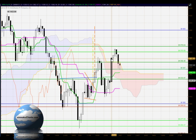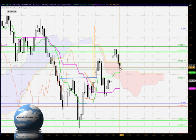We saw the bullish breakout above the cloud previously about a week or so ago. Then the market retraced back towards the cloud and found support within the cloud, which is not unusual for Ichimoku, and a very strong likelihood that the market will bounce off this area. If the market does continue trending down, obviously 1347 having been tested for the previous 2 days and been rejected by the buyers to the upside,